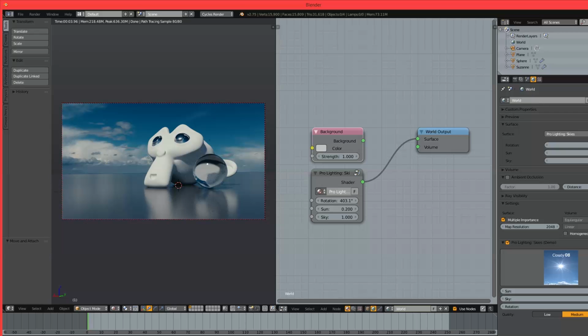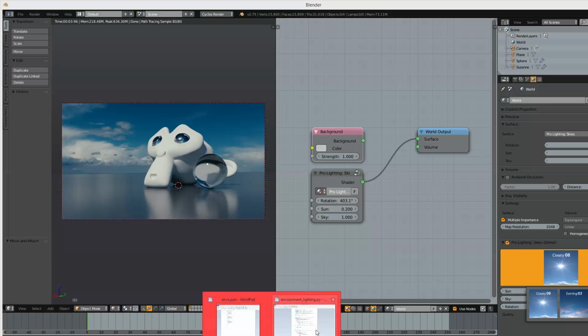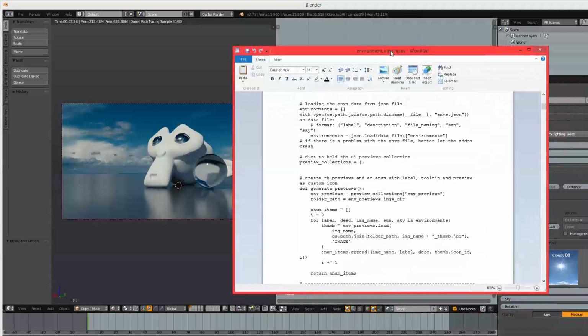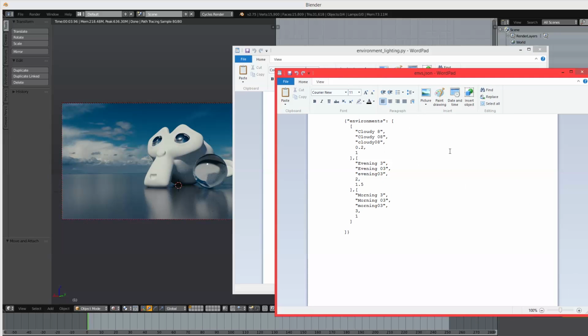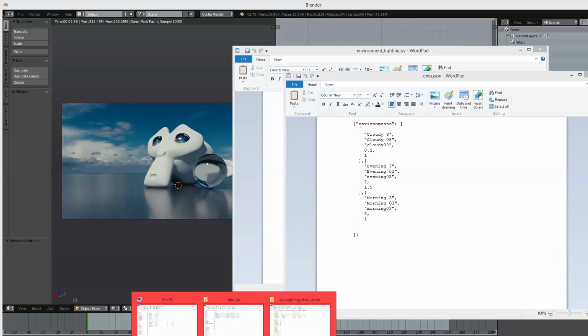The downsides. Well, first things first. I don't see an add button. And I'm wondering if this will be in the full package or if this will be updated later. But I would like to be able to add my own HDRIs to here. I did some fiddling around, and there is a Python script which you actually don't even need to touch, and there is a JSON script. This is all open source. So I guess you could put more files into the JSON file and just add them to the